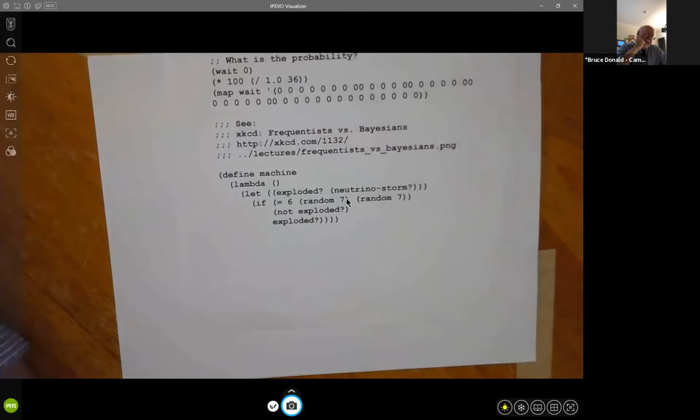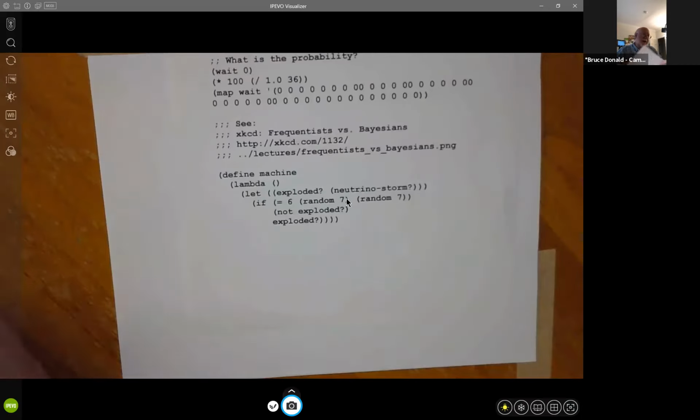And we can say, well, if it says yes, what's the probability the sun has actually exploded? Or if it says no, what's the probability that the sun has actually exploded? So in other words, we can, in some sense, back propagate the probabilities through this code in order to understand that. And of course, then we can also laugh at the joke because we all understand it. So this is just an introduction to this.